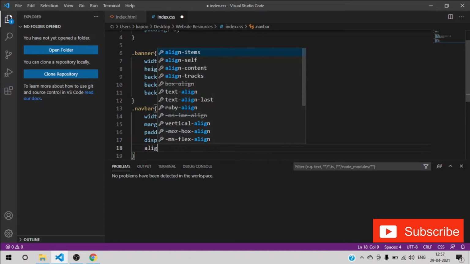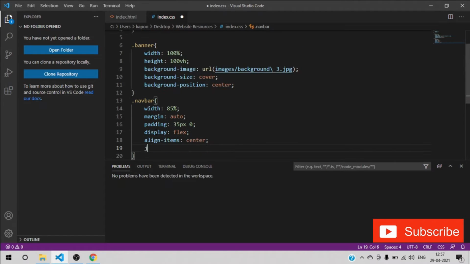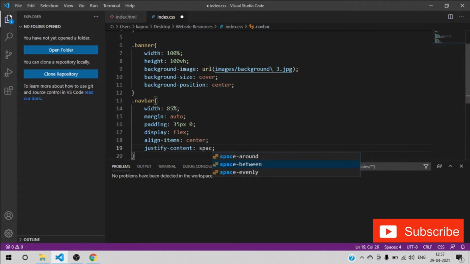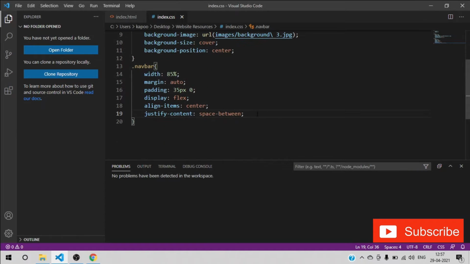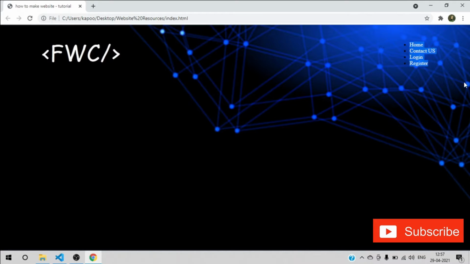Okay, then align items as center, justify content as space between, and then refresh it, then we have our logo and the content in the rightmost side.